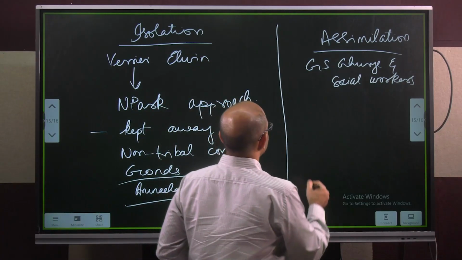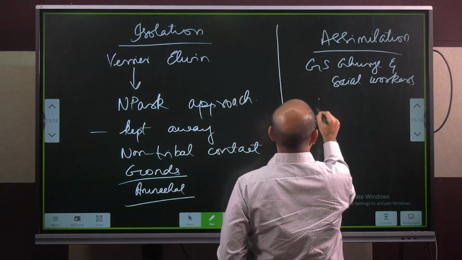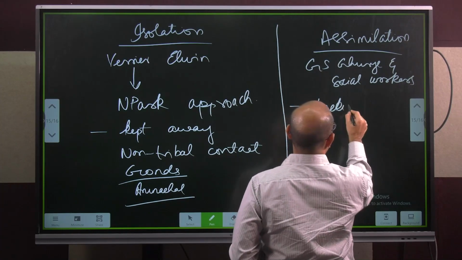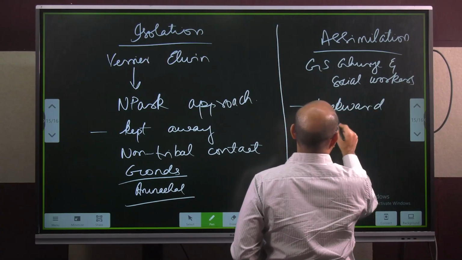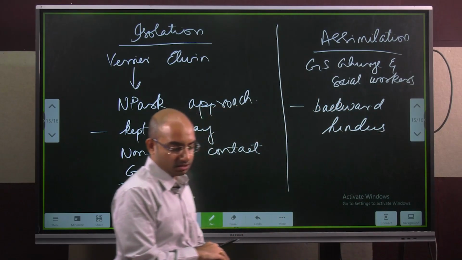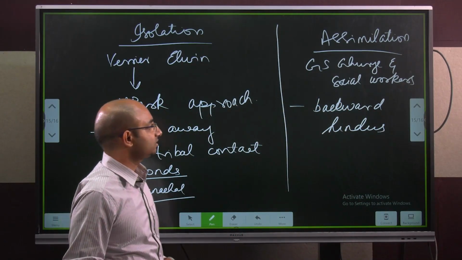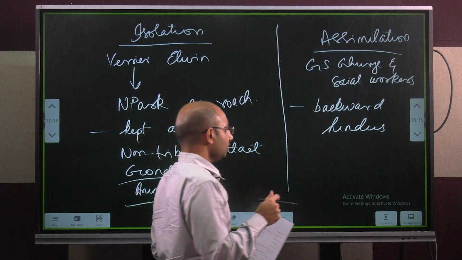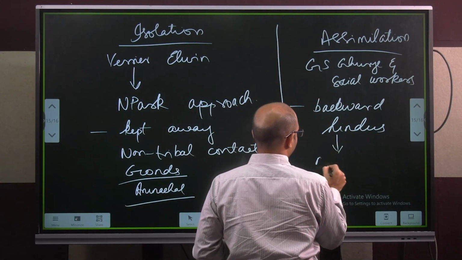Then we have assimilation. Here they propose that G.S. Ghurye believes that tribes are backward Hindus. That is, they are also part of the rest of society. It is just that while others have progressed, these people have remained backward. So they are backward Hindus. Hence G.S. Ghurye's idea is that for national integration,